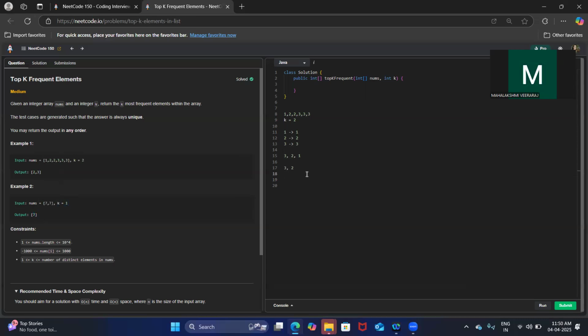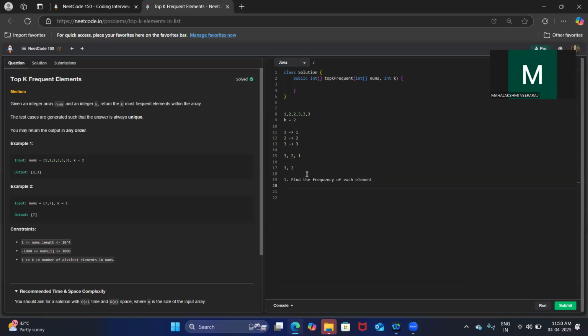Okay. So first, what we need is to find the frequency of each element. So that's step number 1: find the frequency of each element. After I find the frequency of each element, what do I need to do? I need to choose the elements based on their maximum frequency.